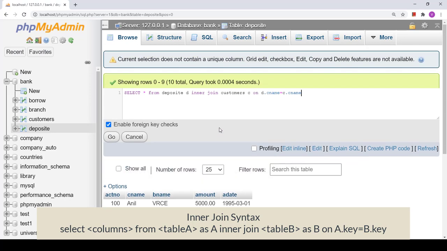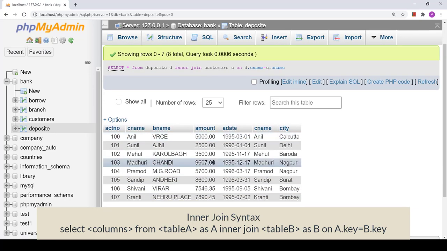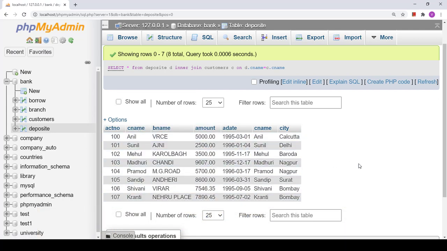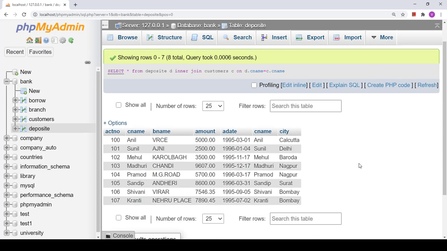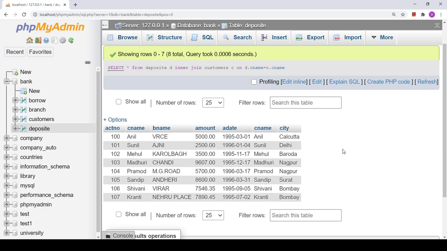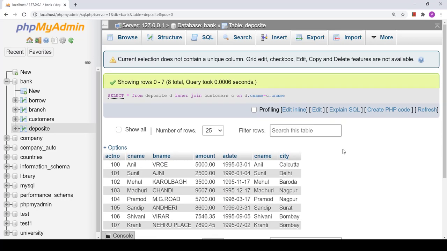So let us see what result I am going to get. Okay, in the resultant table I have 8 rows. There are 2 rows which are not common in both tables. There are 2 customer names which are not common in both the tables, so they have not been displayed here.